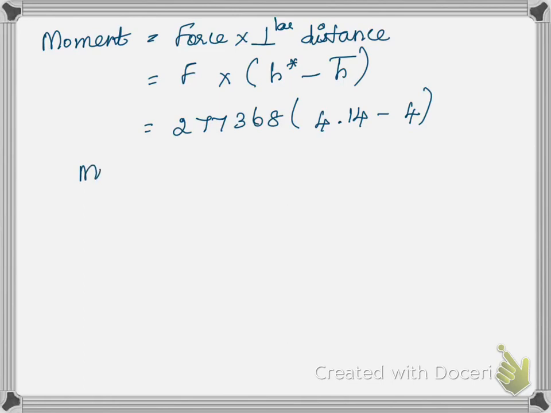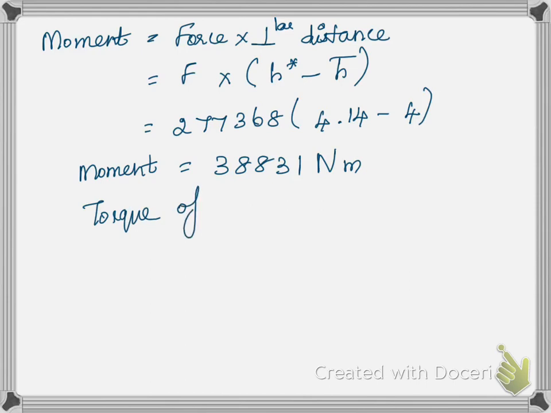My moment will be equal to 38831, and the unit will be, for force Newton and for distance meter, so Newton meter. So a torque of 38831 Newton meter must be applied on the disc